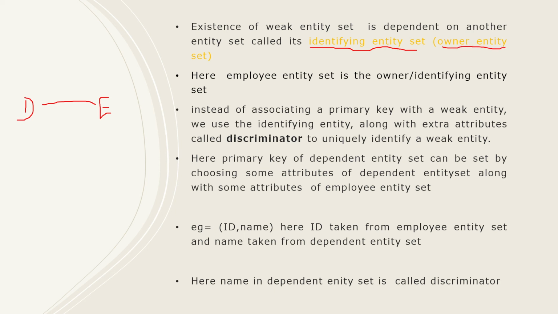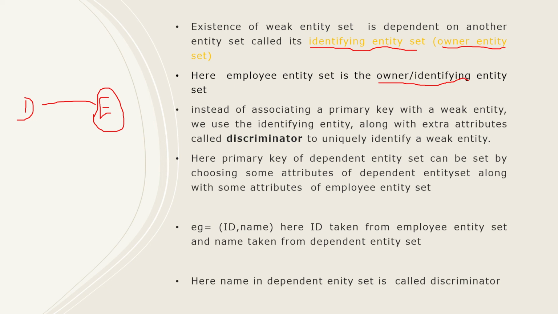So what is the meaning? Actually here dependent is an entity set, but it does not have an independent existence. There will be an entity in this dependent entity set only if there exists a corresponding employee in the employee entity set. So a weak entity set always depends on another, strong entity set, and in our example we call the strong entity set on which this weak entity set depends the identifying entity set or owner entity set. So in our case, the employee entity set is called the owner or identifying entity set.